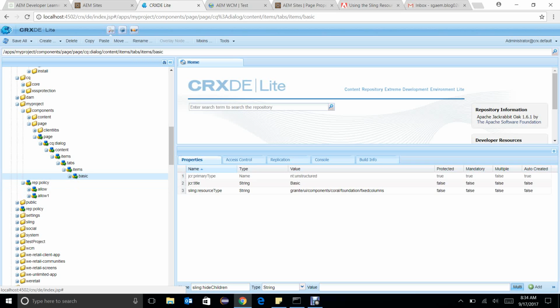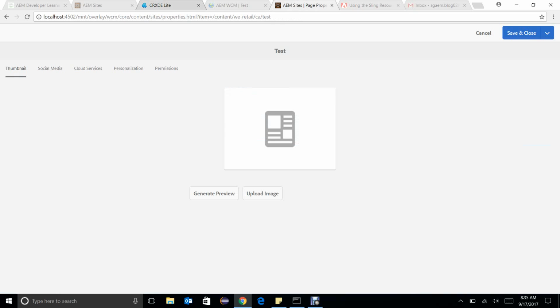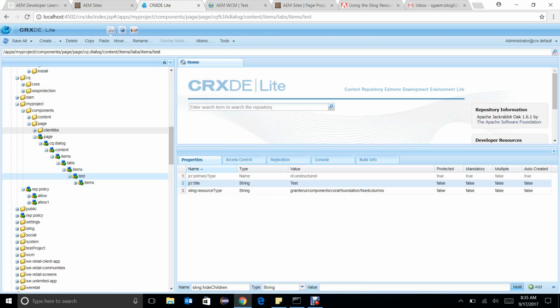So what else we can try if I want to add a particular new tab. Let's suppose test tab, and the name of this tab is test. Okay, so there will be a different resource edit test. Now I want it to be before basic, sling colon order before.